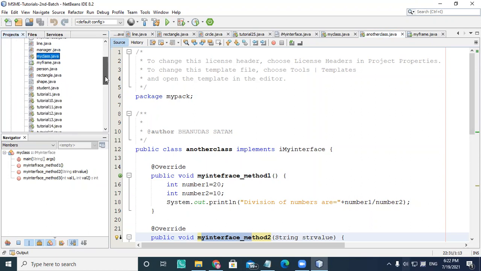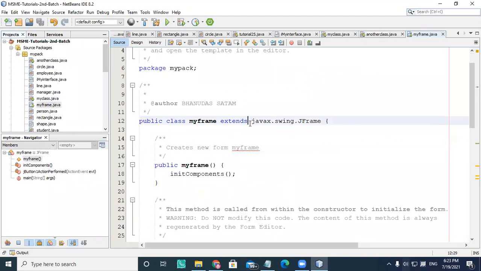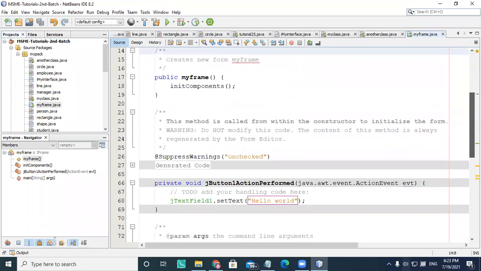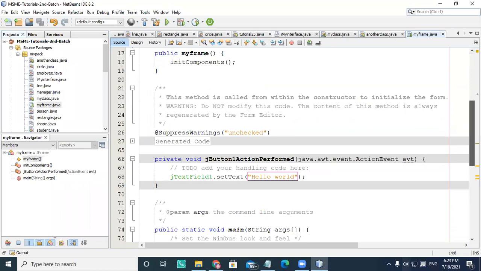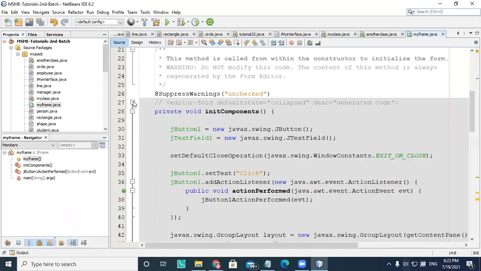Okay, so this is my frame here, where I create the class extending JFrame, and I'm going to implement my action listener. So whenever I click on the action listener, I should write the body for that. So you can see there is an action listener automatically added here to the button, and this is the body, it is created here.